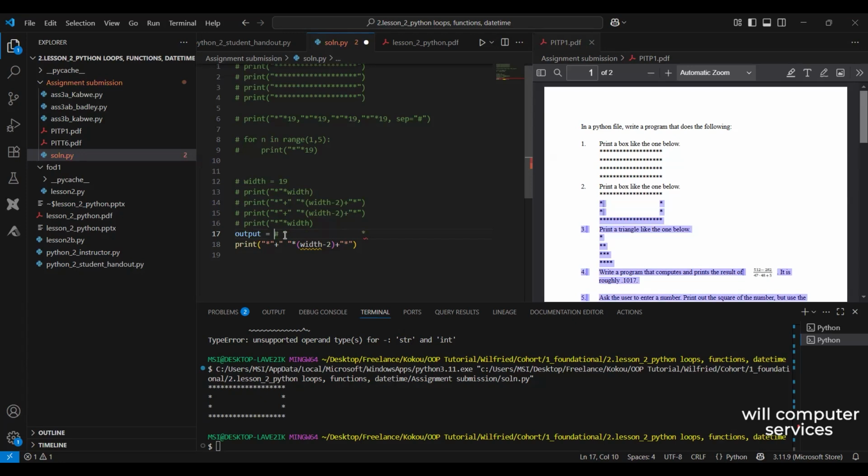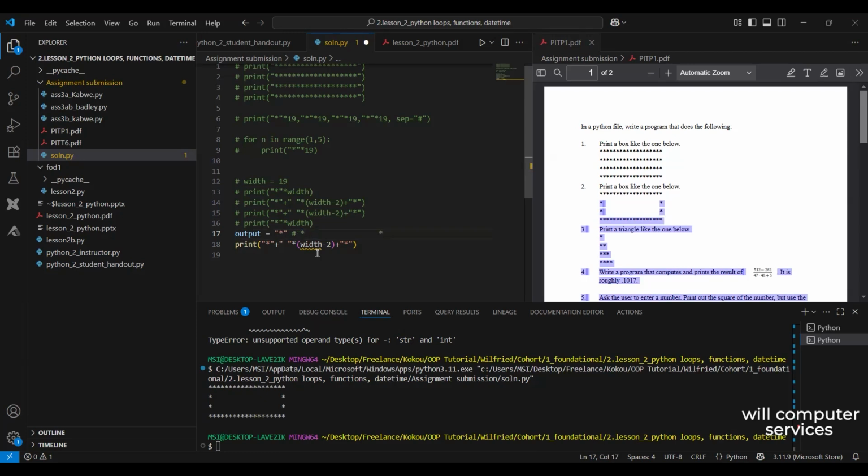And to achieve this, the pattern is that you have one asterisk, followed by 17 spaces, followed by another asterisk. So to achieve that, you can choose to count 17 spaces like this, but I want to show that I know some other ways I can use to do this. Remember, you can add multiple strings together to form one. So one way we can do this is to add